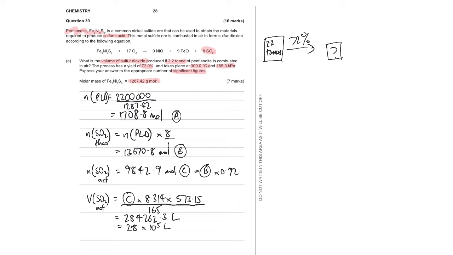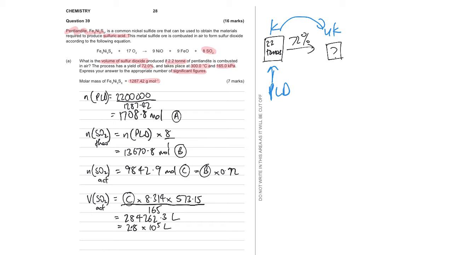The idea, as I'm drawing it out over here, is that you have 2.2 tons of the pentlandite. Now, it is a 72% yield process. So if we're thinking about what's our known and what's our unknown, this is our known, this is our unknown. We're going this way with the 72% yield process, so we have to apply the 72%